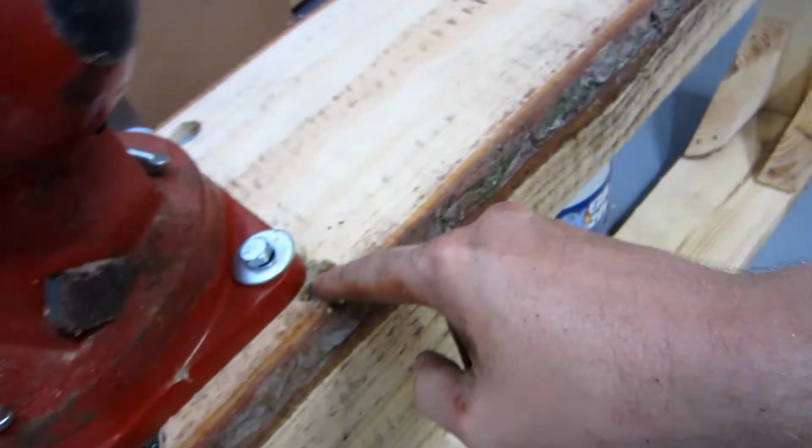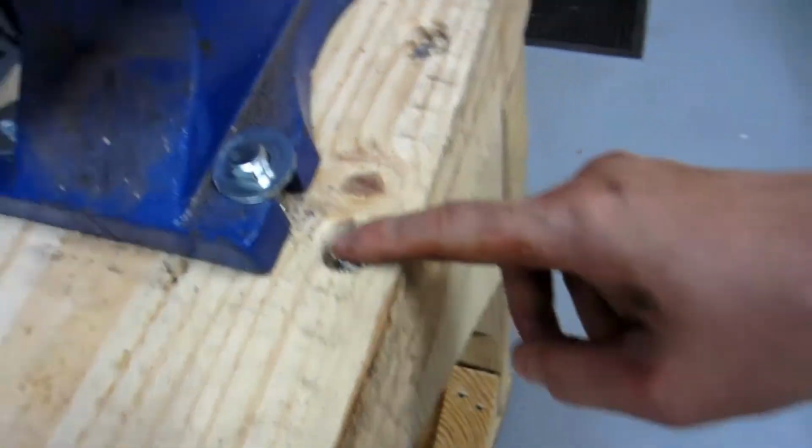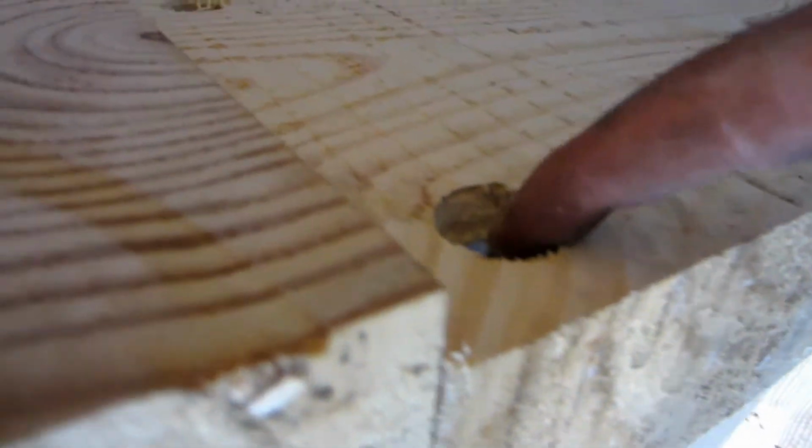I recessed all of these lag screws so that they wouldn't catch on anything or get in the way from mounting. Also because they weren't particularly long, some of them, so I wanted to make sure that they went through into the other boards. Here's a tip